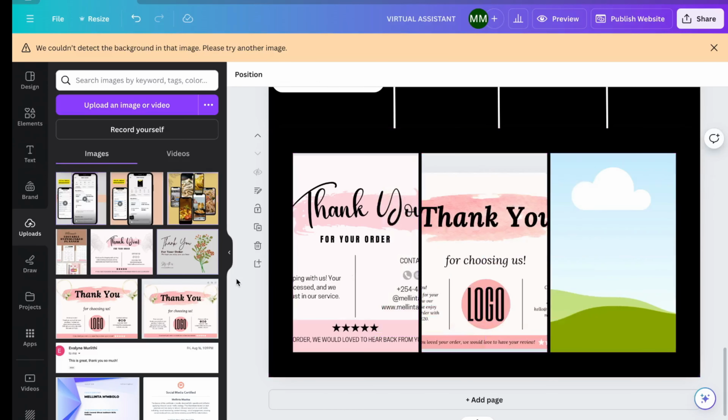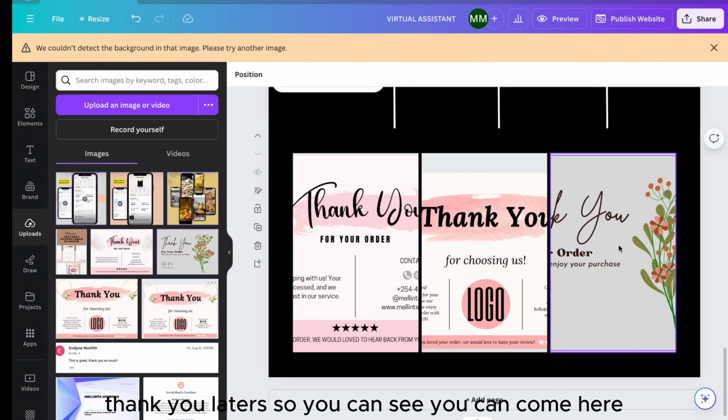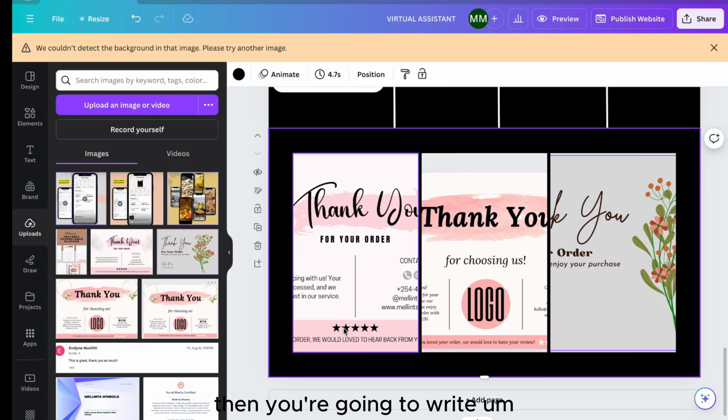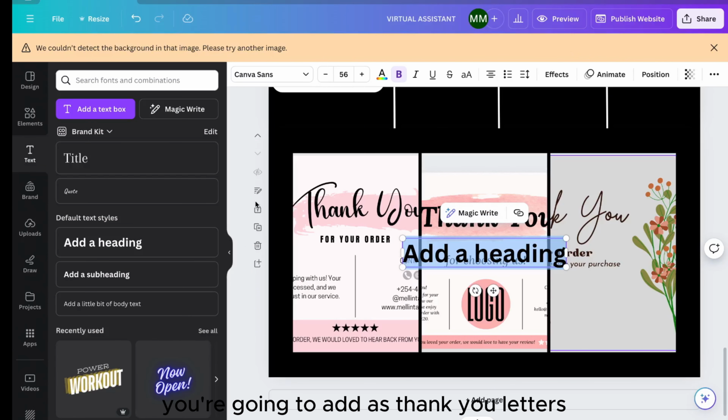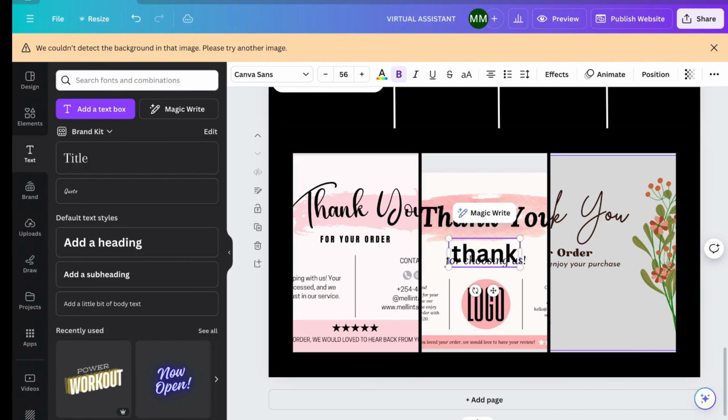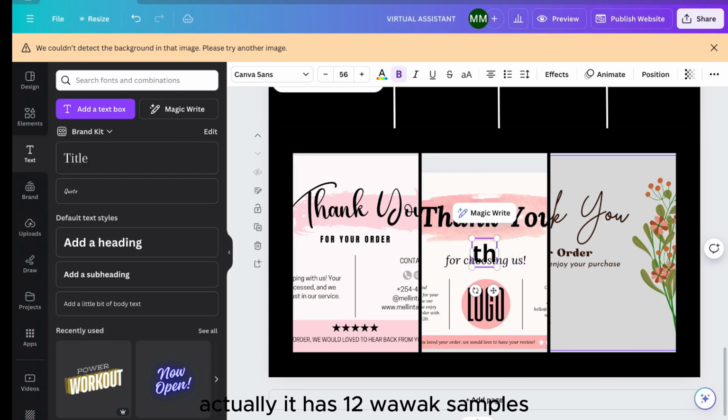These are thank you letters, so you can see, you can come here, then you're going to write here what the title you're going to add as thank you letters. Actually, it has to have work samples,